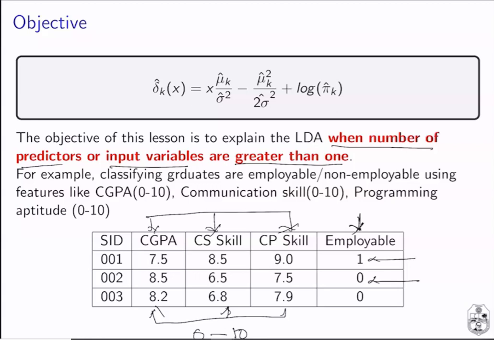So this is one example of a classification problem when more than one input feature is available. In the previous example, there was only one input feature, the age, and from the age we calculated whether the person is suffering from coronary heart disease or not. That was a single input variable classification problem, and this is a multiple variable classification problem, also known as multivariate linear discriminant analysis.